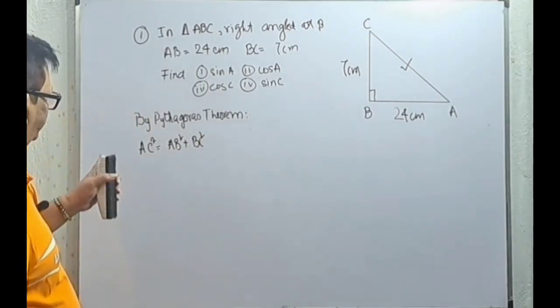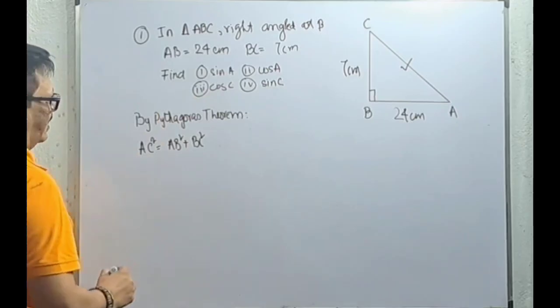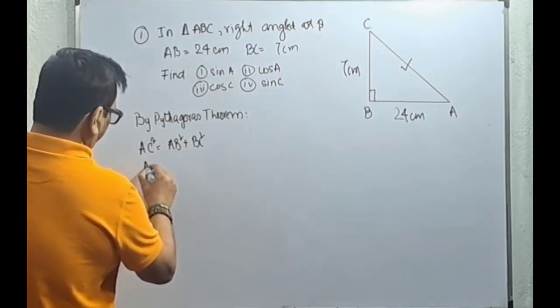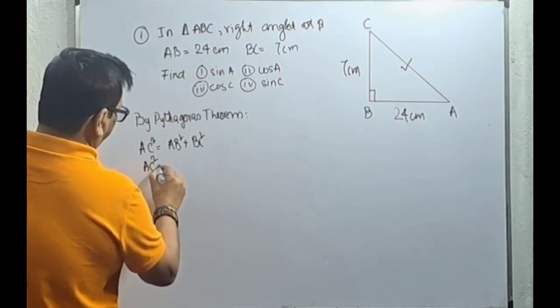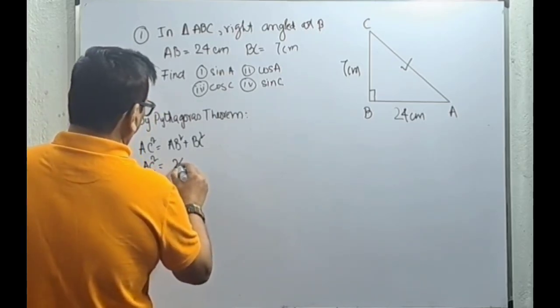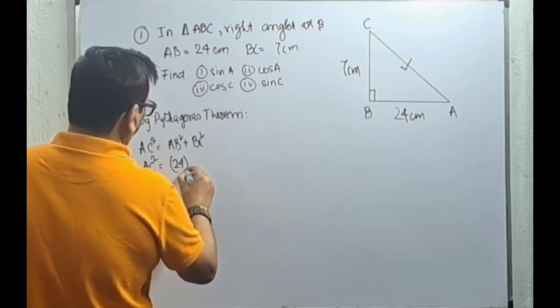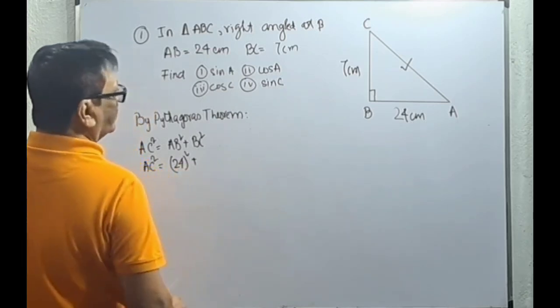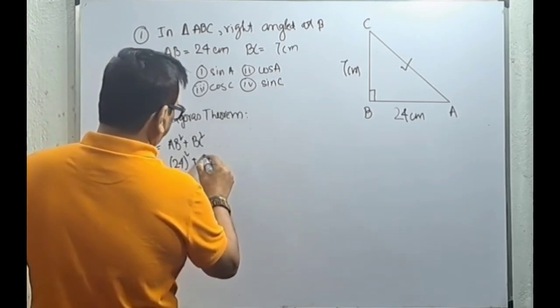Understood? This is Pythagoras theorem. We replace the values. So AC square is equal to AB square, 24 square, plus 7 square,